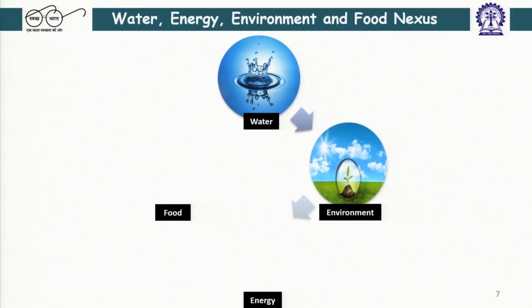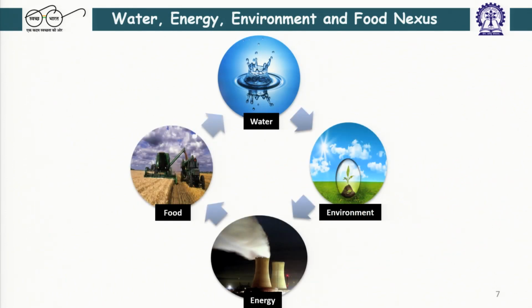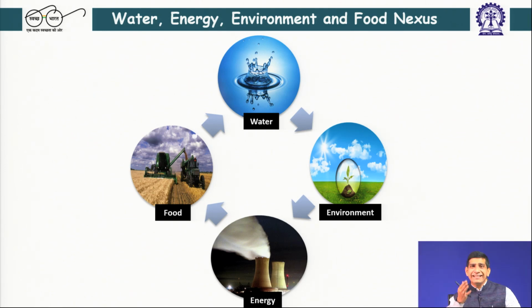So other important stuff is water, energy, environment and food, and that relates to all of us. If you think about that, we all need water, we need clean water to drink, we need water to produce energy, we need energy to produce clean water. Water is related to environment, energy is also related to environment: coal-based thermal power plants have a lot of emissions associated with that. Even in your solar panel, a lot of rare earth metals. Rare earth metal also has certain environmental footprint.